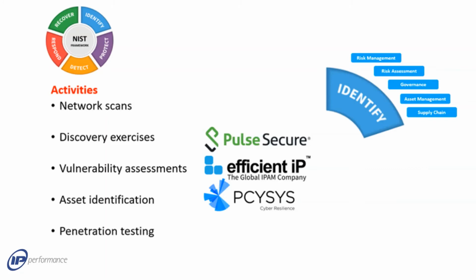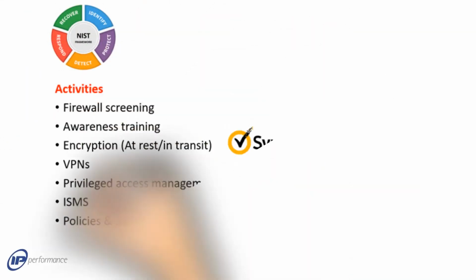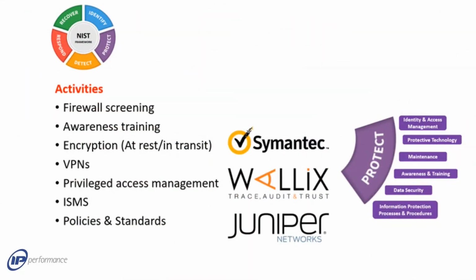Asset management is a vital category under this function. Visibility of all your assets is critical. If you don't know something is there, you can't possibly protect it. Visibility includes knowing your users, the applications they use, and the devices on which they run them, as well as your network infrastructure. The protect function covers traditional defensive technology such as antivirus and firewalls, but also addresses processes, policies,